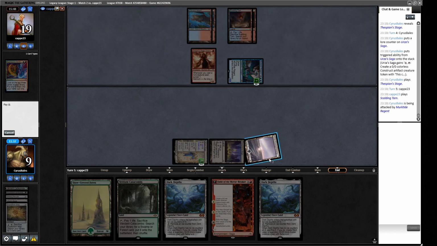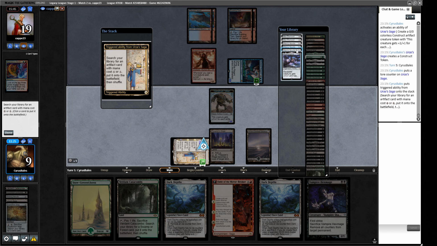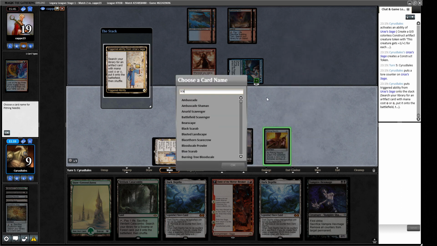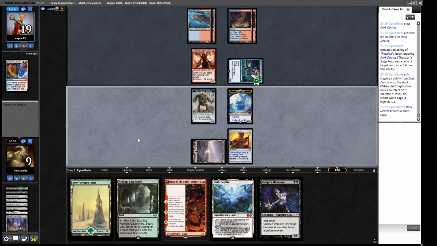So I'll make this. Are they going to let me Pithing Needle both of their Scalding Tarns? Looks like they are. There's not a way that I can name Brazen Borrower, unfortunately. We're not going to have a lot of resources after this, so we are dead to a Brazen Borrower. But there's maybe 2 in their deck, so...